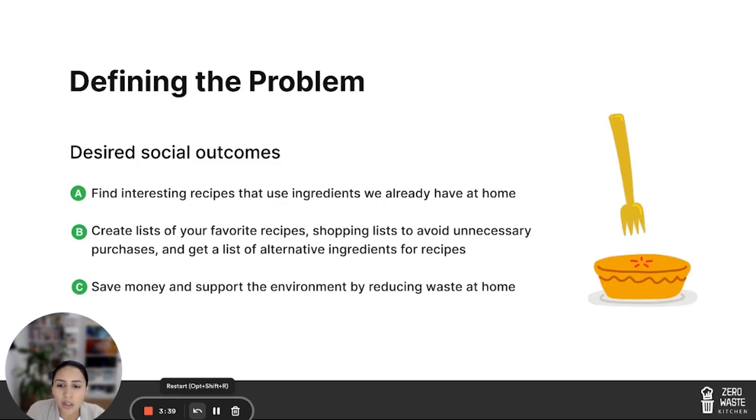Some social outcomes that we can get as a result of this project are: find interesting recipes that use ingredients that we already have at home, create a list of your favorite recipes, create shopping lists to avoid unnecessary purchases, get a list of alternative ingredients for a recipe, and ultimately save money and support the environment by reducing waste